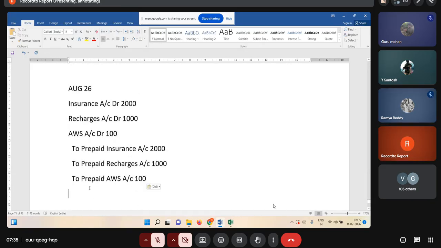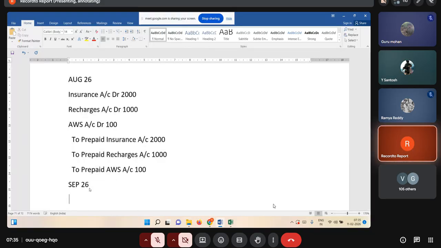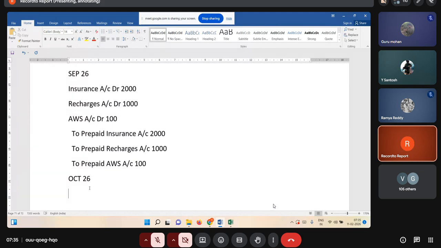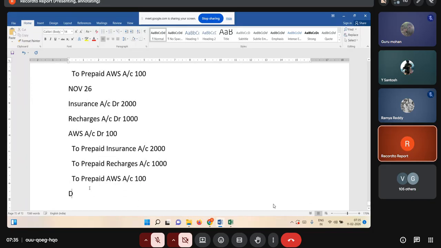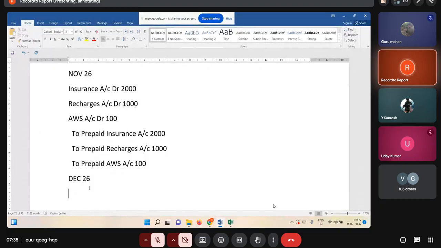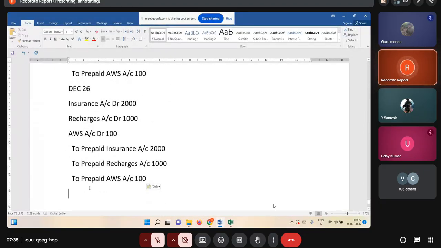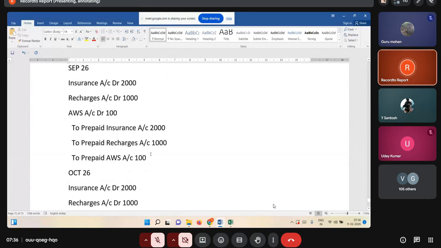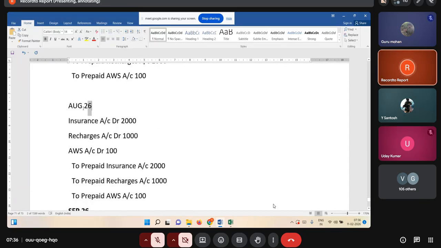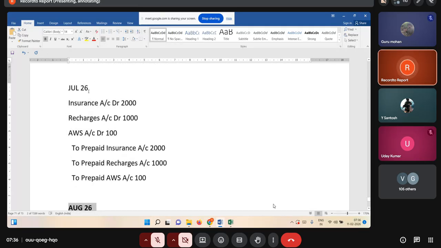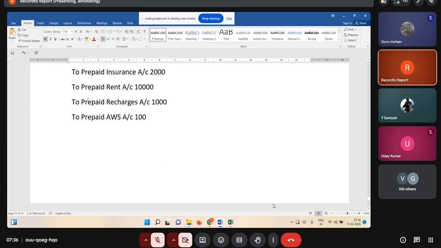September, October, November. Do we have any changes, guys? No, there are no changes. If they again make the prepayment in the next month, we'll prepare the schedule like this for the whole next year. Understand? So every month, this is a common activity. No one will remember it for you, so for posting the transactions, every month once you join, you need to check what prepayments happened. Based on that, we need to post the entries. Understand?